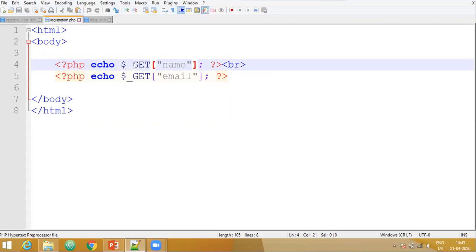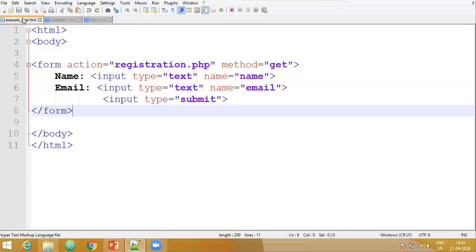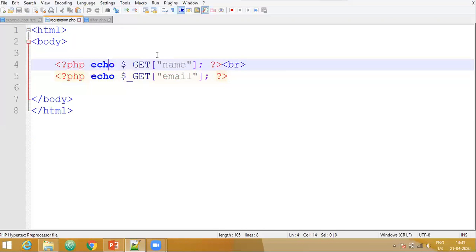Now here this particular variable is fetching the name parameter from the form and it is going to display it on the screen with the help of this echo. If we have used the get method in the form, we have to use $_GET here.